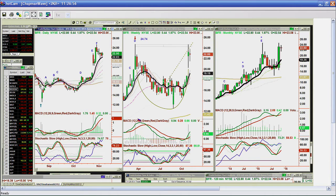So this is what I'm thinking here. Because it is so close to breaking upside, and if it goes to the upside now, I have to consider that there is a possibility that the weekly chart is more likely in a B than in an E, and B is very positive, E is saying be careful. So I'm going to suggest you can either do it